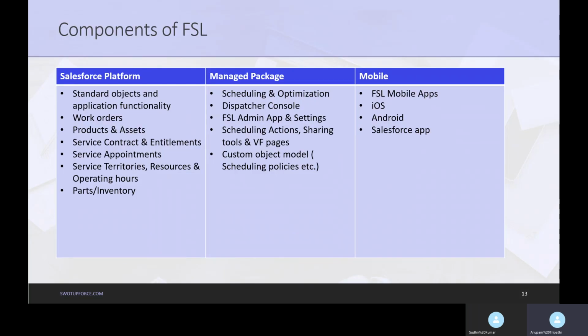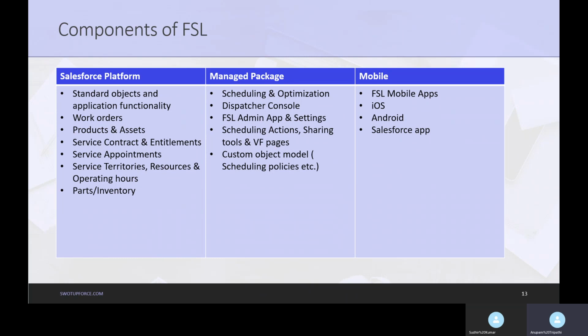Moving to understanding the components of Field Service Lightning, there are mainly three components. First is what comes out of the box through the Salesforce platform, where it gives you all the standard objects and application functionality.